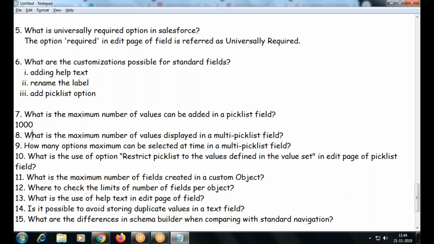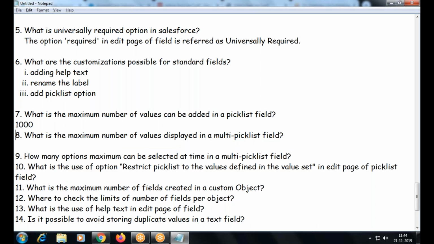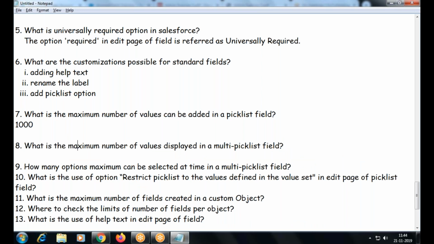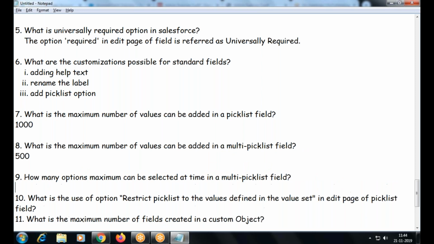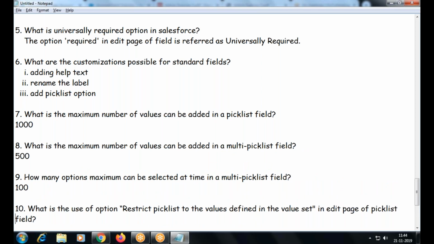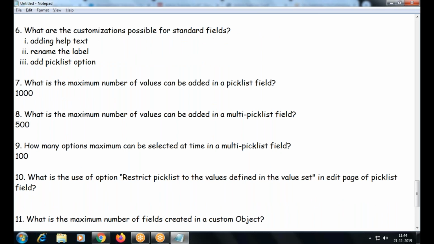Pick list is 1000. Here it's going to be 500. How many maximum options can you select? 100. What is the use of restrict pick list?